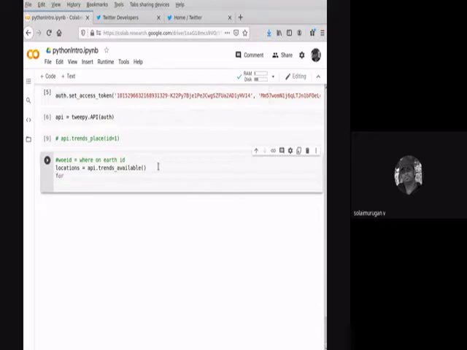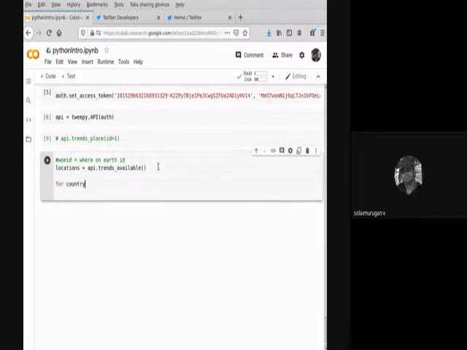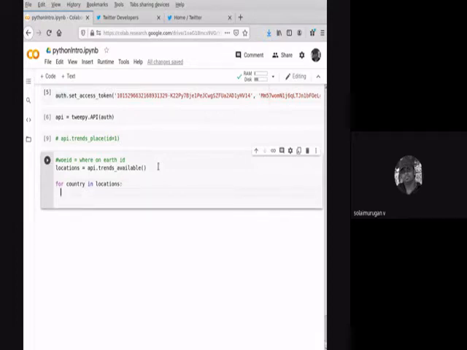Then for country in locations. We saw the variable for location. I said it is a dictionary.